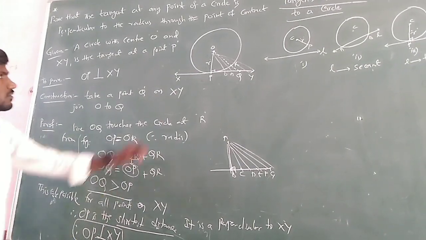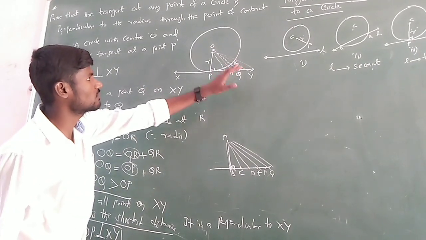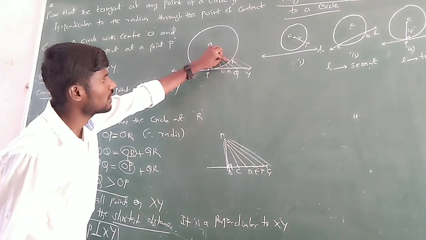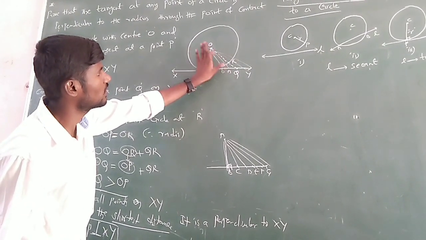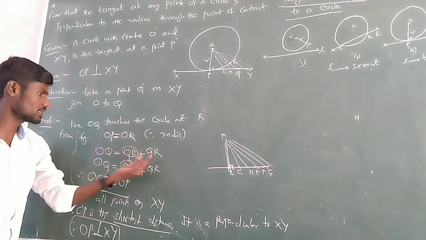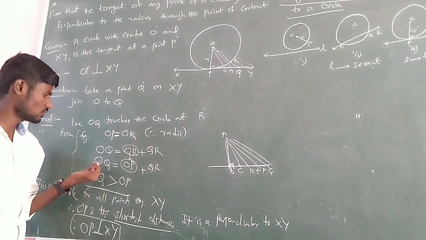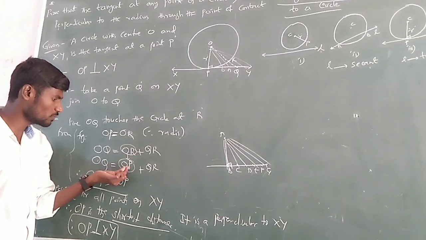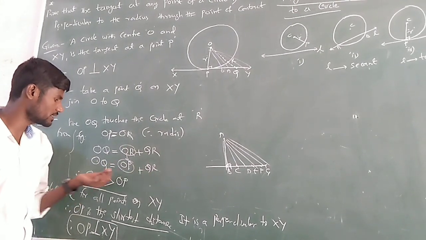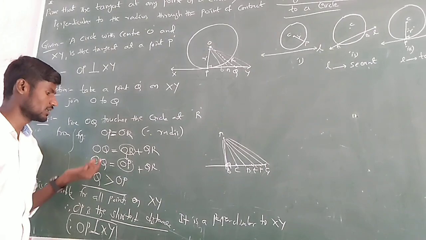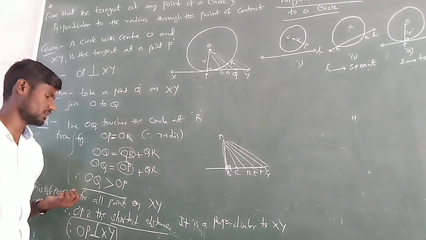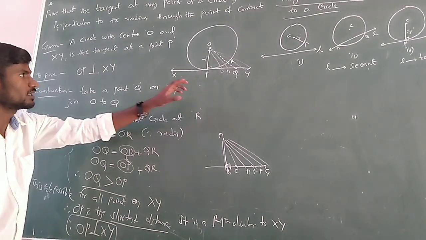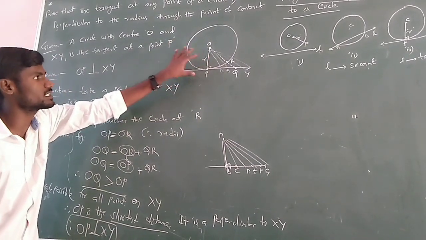What are they? We take a point Q outside the circle. If you join O to Q, it touches the circle at R. OQ is the combination of OR plus RQ, but OR is nothing but OP. So OQ equals OP plus QR, which means to get OQ, OP takes some other help, QR. Then only it equals OQ. So OQ is greater than OP. It is also true for all other points, which means OP is the shortest distance among all.